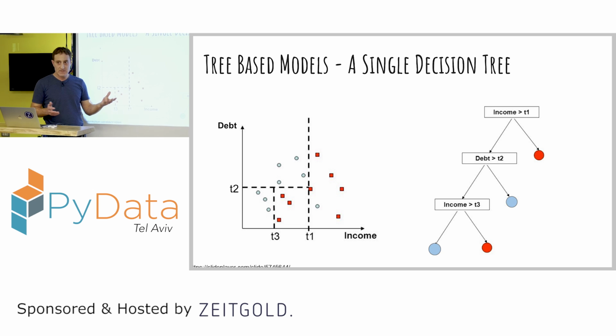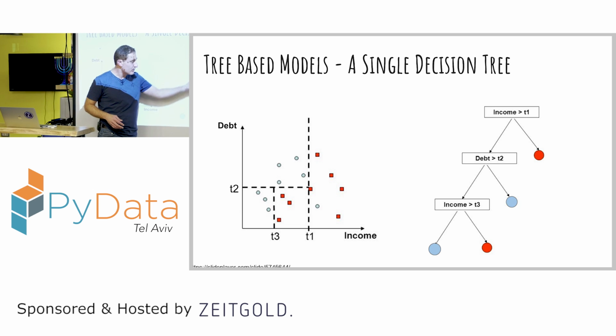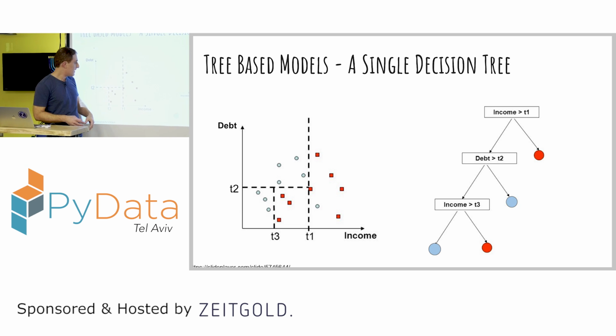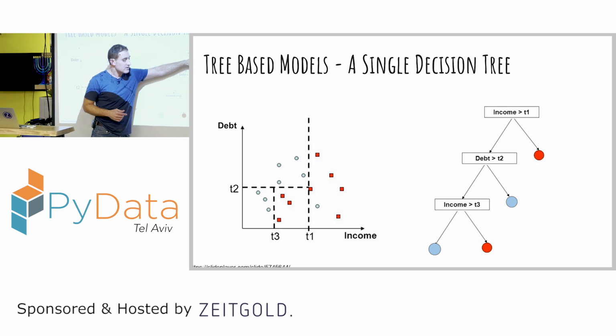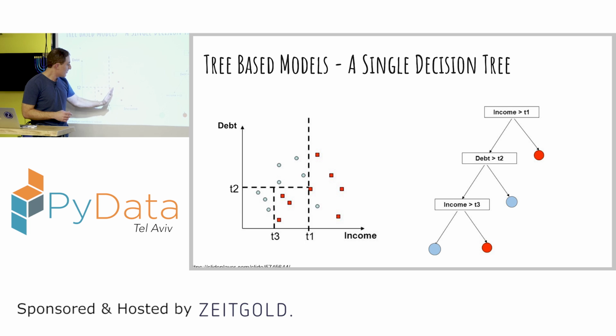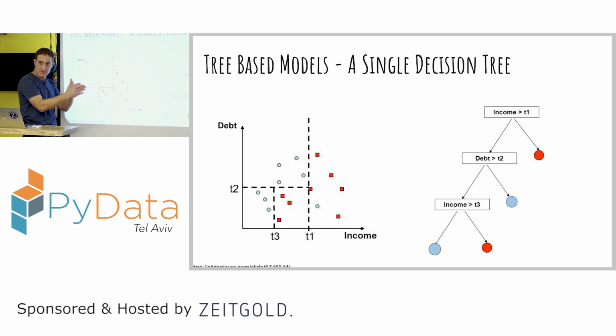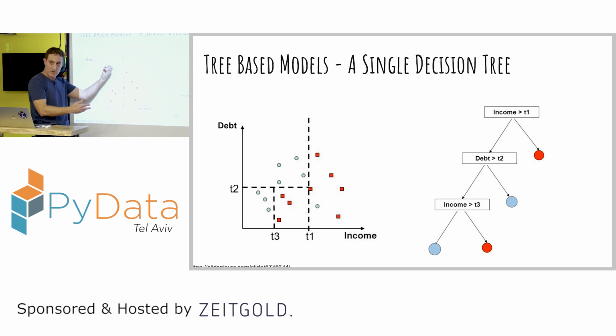What the algorithm does in this case is create a set of rules, okay? And then let's say we get a sample here. So the model asks, is income greater than T1? Here? No, it belongs to this branch. And then the second phase is this decision. Is it greater than this line? Okay, the depth or smaller. And then according to the decision points, we get to the location of our sample,